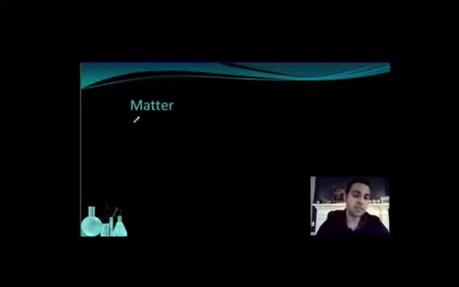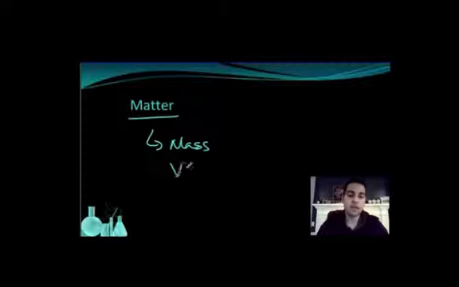We talked about this a little bit in class, but matter is anything that has a mass and a volume. So it has to have some substance, it has to be made up of some stuff. That's the mass, we can measure that. And it also has to take up space, that's volume. Both things we can measure, and both things are required for something to be considered matter. That's going to cover most of the things that you would think about anyway. The air you're breathing is matter, you're made up of matter, what you're sitting in is matter.